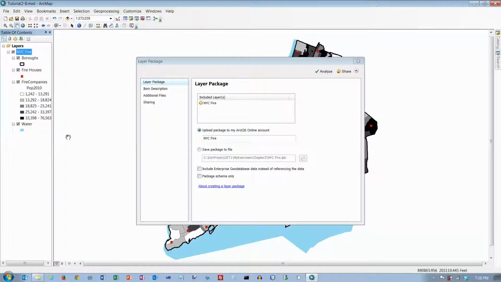In the Layer Package window, click Save Package to File. And it should automatically fill in the path. And New York City Fire.lpk, which I assume stands for Layer Package. And it is in Chapter 2. And apparently that's where they want us to put it. So we will click on